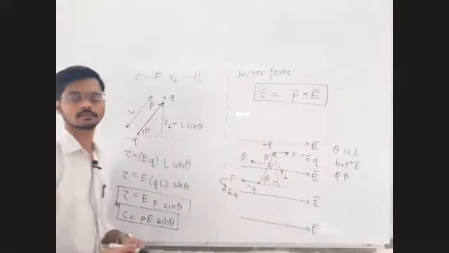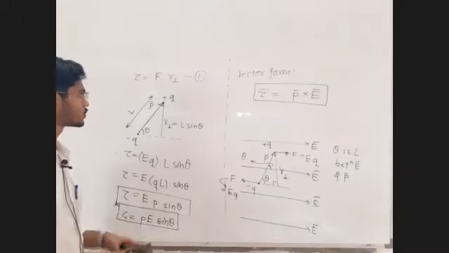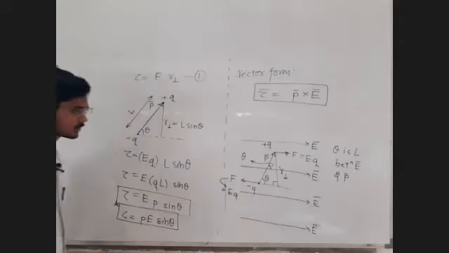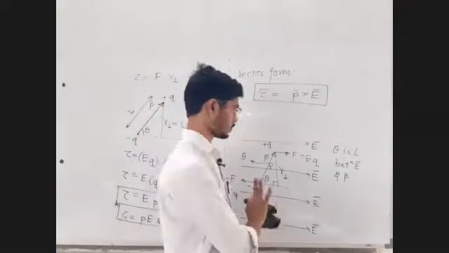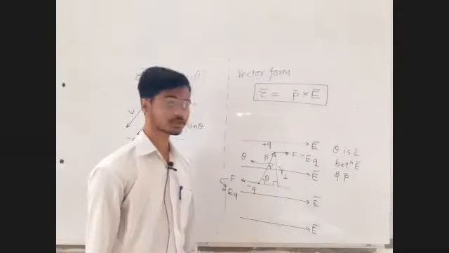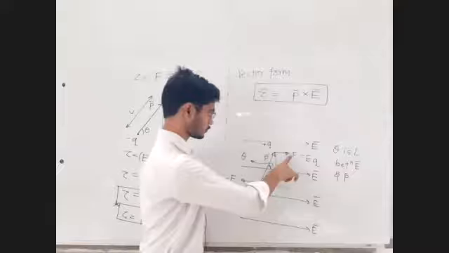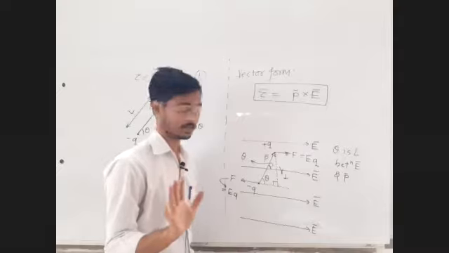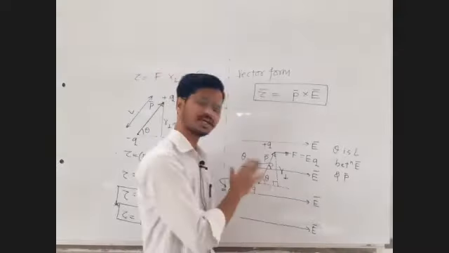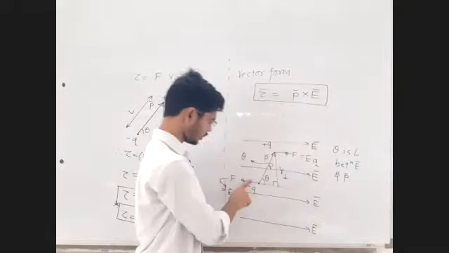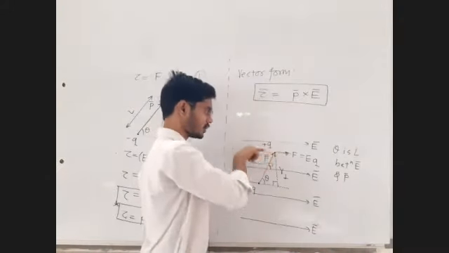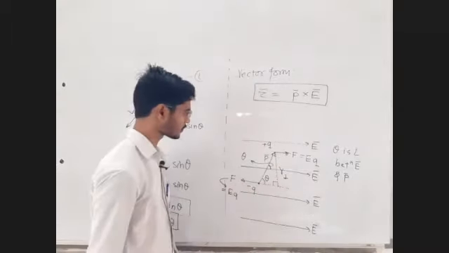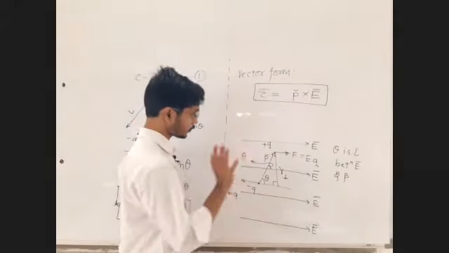Good. Of course, you can ask doubts, no issues. A very simple derivation: force into perpendicular distance. That's it. This is a uniform field. Net force is zero. We have not written E1Q, E2Q. The electric field is the same everywhere, so EQ. Force on the positive charge is in the direction of the electric field. Force on the negative charge is opposite to the direction of the electric field.